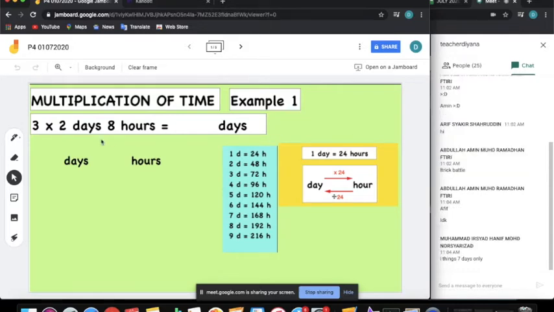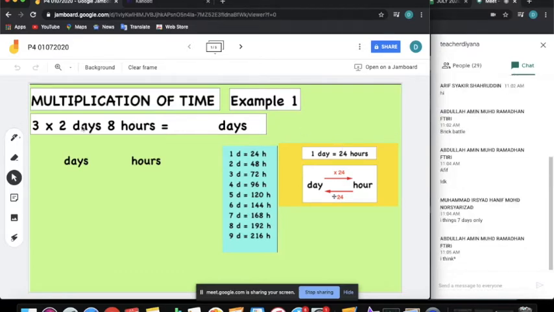Okay. The first situation, look at in front. This is the question. The first question will look like this. The question will give you days and hours. Today, teacher will show you the example between days and hours, one by one. I need to do the shortcut like that, if not, some of you cannot follow. I know some of you can follow, but respect your friends who still do not understand.